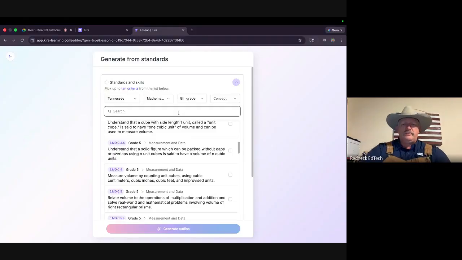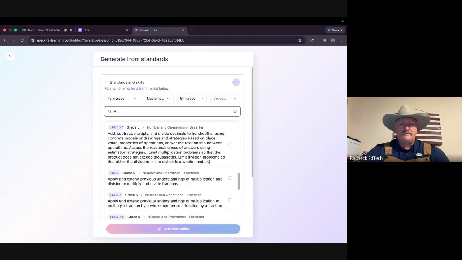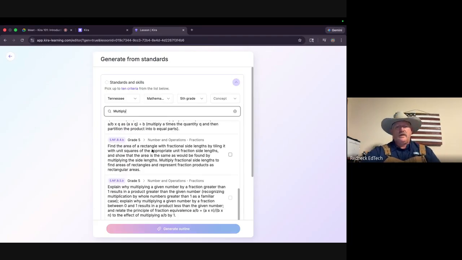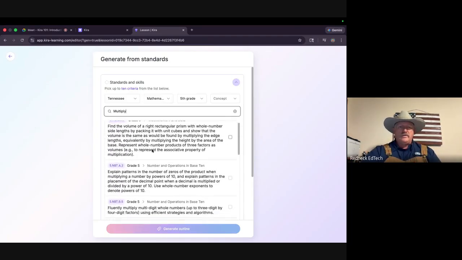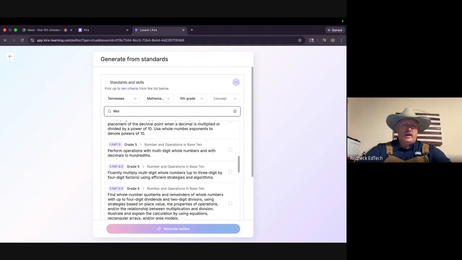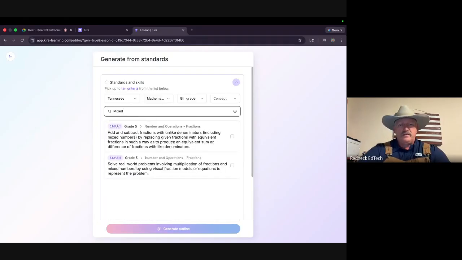So I can click, let's see. If I typed in multiply, I would then have all of these objectives with multiplication. I could also type in something like mixed fractions. You're add and subtract fractions with unlike denominators, including mixed numbers. Okay, great.